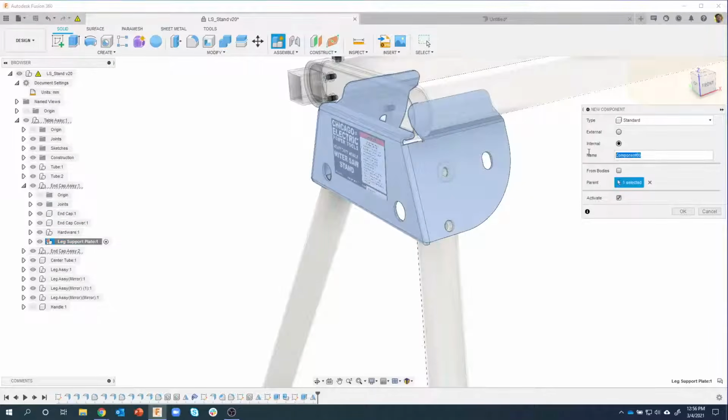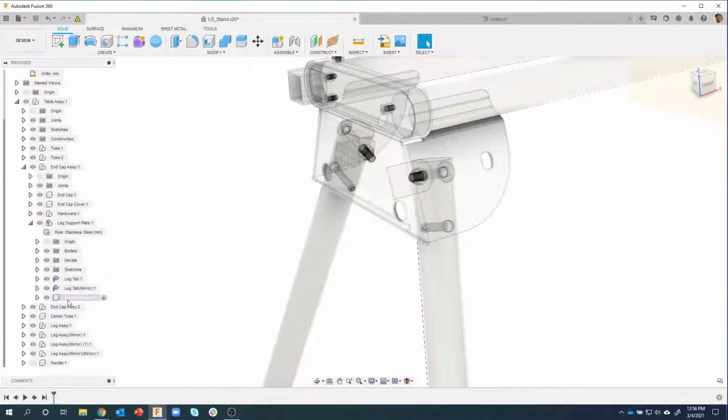And I'm going to call this handle mount or something like that. Something that's easy to figure out. And so you can see that that's actually being created, apologize, being created underneath this leg support plate. So, okay. Then I'm going to